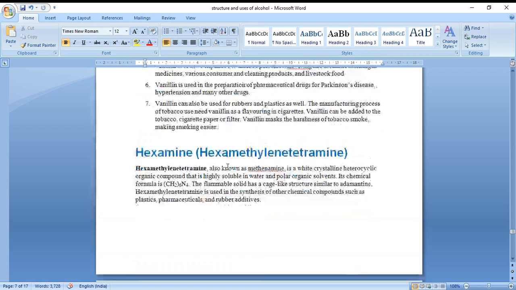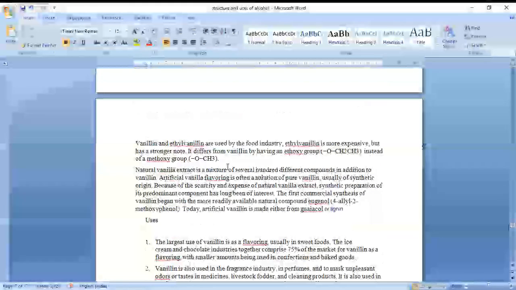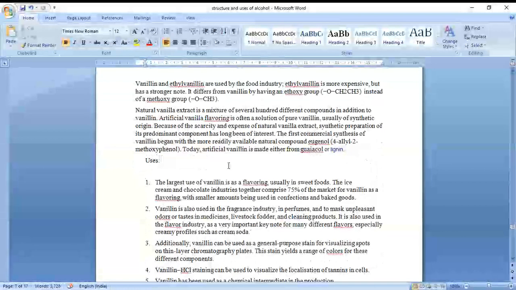So these are the various uses of vanillin. While listening, you people may think that this is a very easy topic that you can easily write in the exam. But don't think like that, because you have almost around 30 to 40 compounds. You people have to practice, write the structures, and remember all the uses. So uses of around 30 to 40 compounds, so don't take it easy. But you people have to have a minimum common sense.